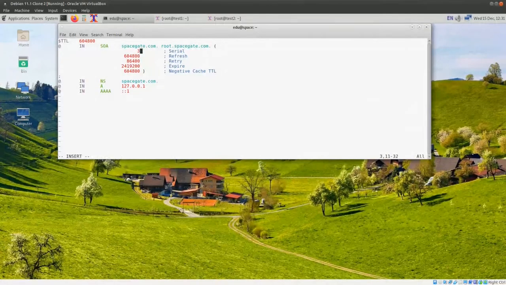So I will put 3 here. I'll keep these values as they are, and now I will put here, this one should be okay. That's the name server, not a problem. So I will delete these. I will add more now. So first of all, I'll put